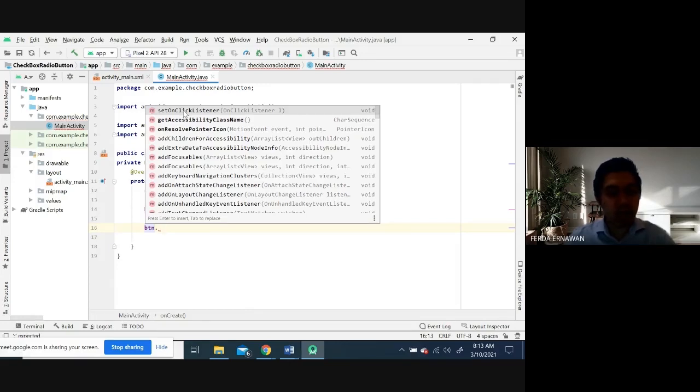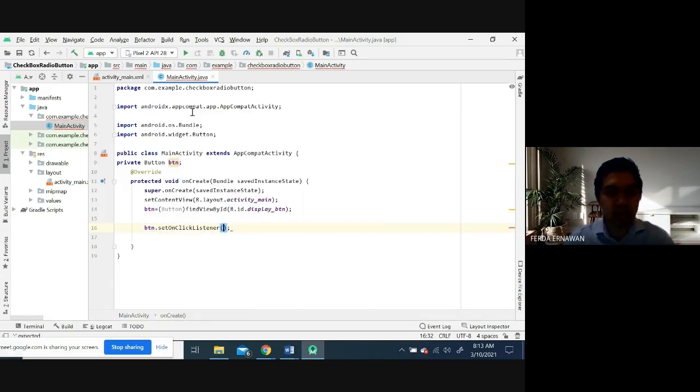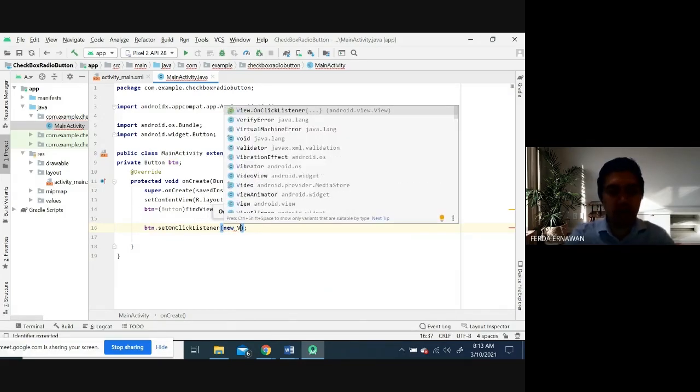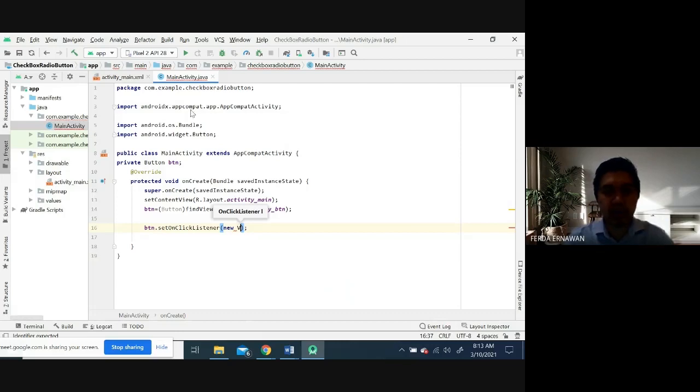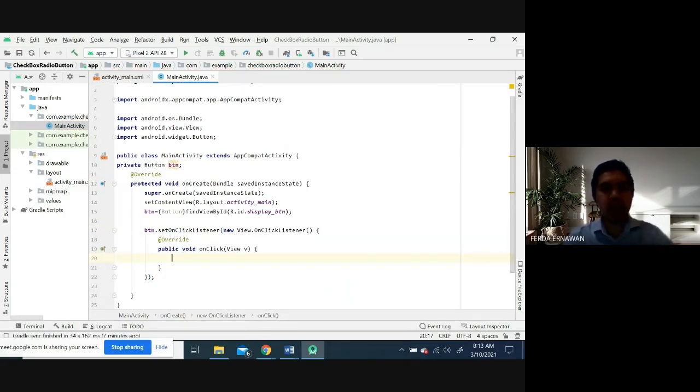You can use the mouse, or you can also press tab on the keyboard, like this, and then new, capital V, and then Android suggests, okay, View.OnClickListener, then it shows the function. You just fill in this function.